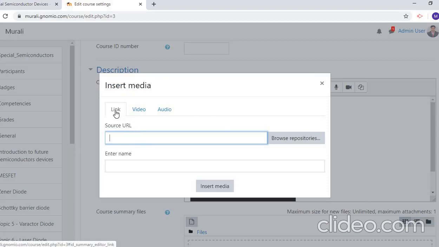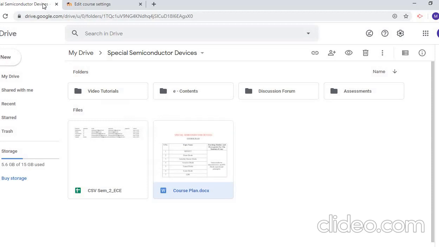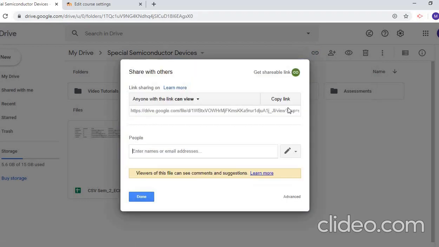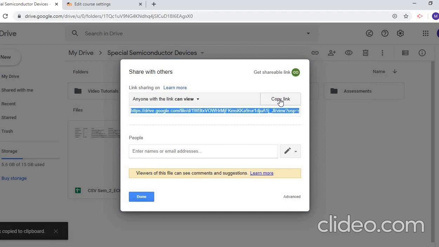There are three options: link, video and audio. Now go to that Google Drive and click on the course plan. You have the option get shareable link. Click on the share settings. Your link of the corresponding course plan will be here. Click on copy link.